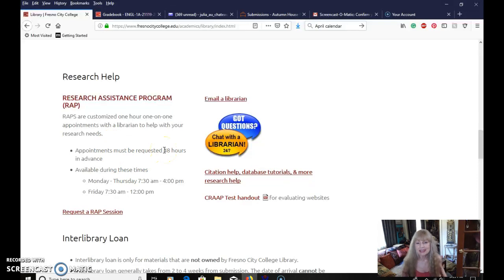So that basically means that whichever prompt you choose, you just email the librarian. You can also chat or email, as it says up here, and then you'll get an email back, and she will ask you, or he will ask you, what time is best for you, just as long as you do it 48 hours in advance.